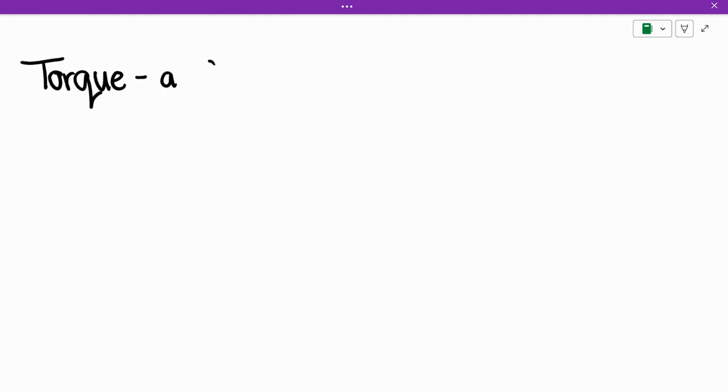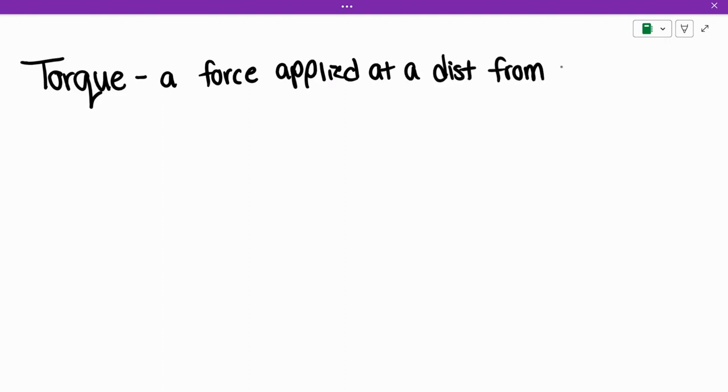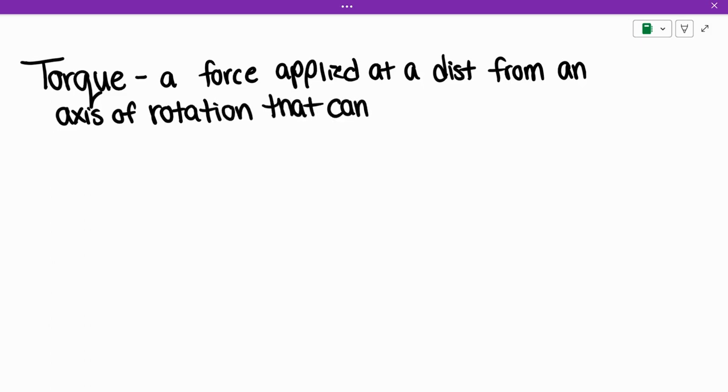So torque is a force applied at a distance from an axis of rotation that can cause rotation. Now I say can cause instead of does cause because sometimes we have balanced torques,